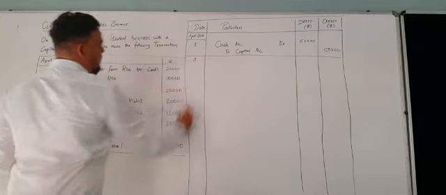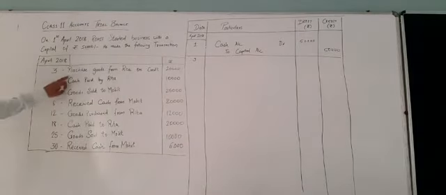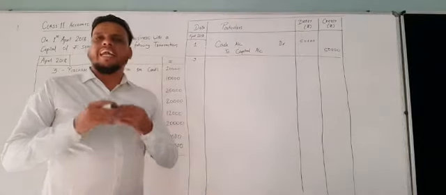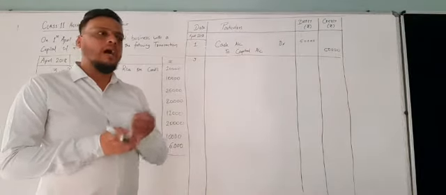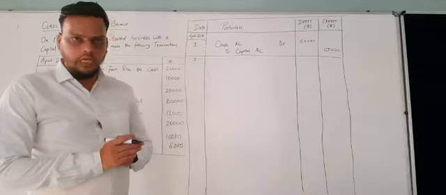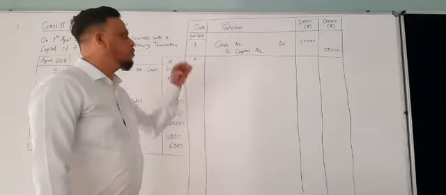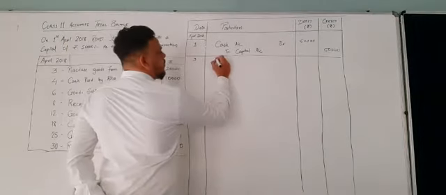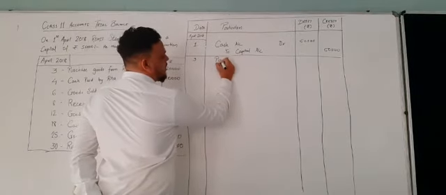The third entry, third date, 3rd April: purchase goods from Rita on credit. कोई भी अगर क्रेडिट में आपसे परचेज करवा रहा है या आपने क्रेडिट पे किसी से परचेज किया है, तो क्रेडिट के लिए आपको उस पर्टिकुलर पर्सन का नाम लिखना है, वो तो आपको पता है। तो मैं क्या कर सकता हूँ, यहाँ पे लिखता हूँ परचेज